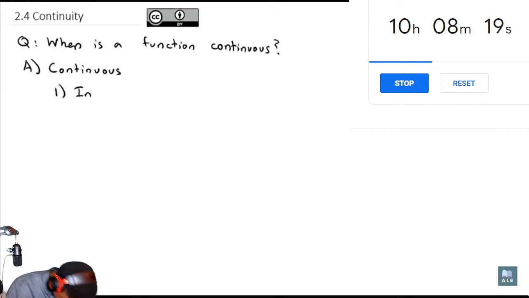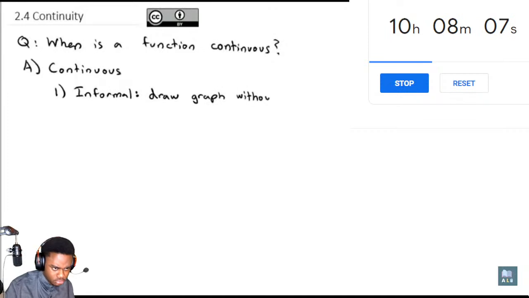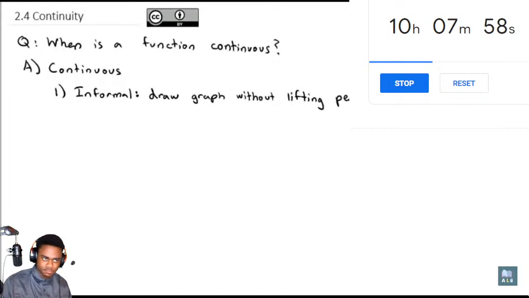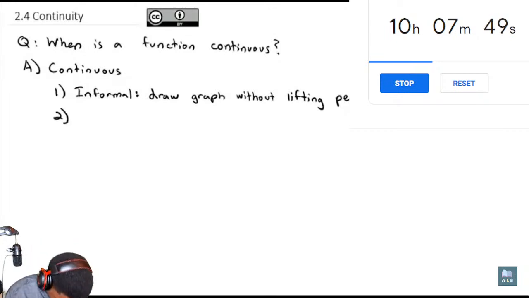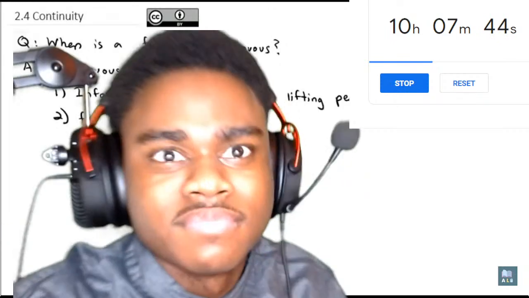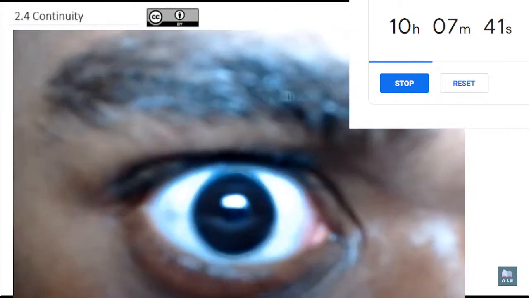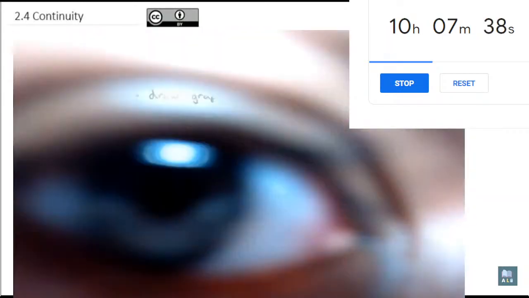First, kind of an informal definition. The idea of continuous means basically I can draw the graph without lifting my pencil. It's just a continuous curve without lifting the pencil for a gap or a jump or an asymptote. It's just continuous. Now, a more formal mathematical definition states that a continuous function will satisfy